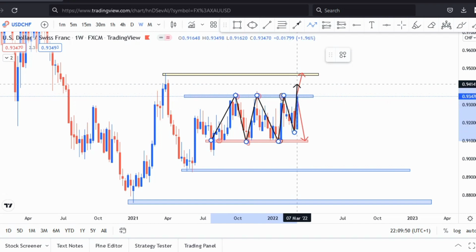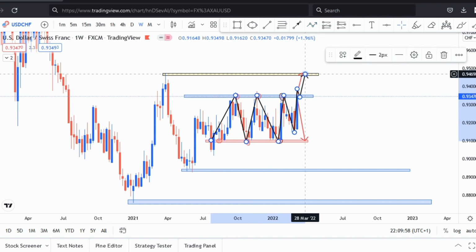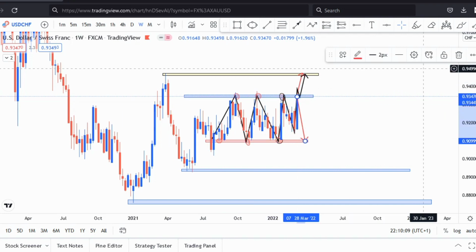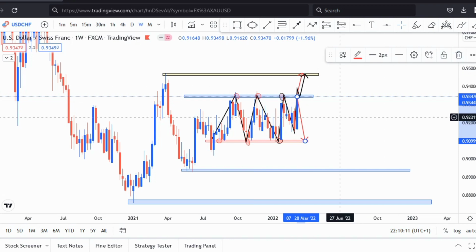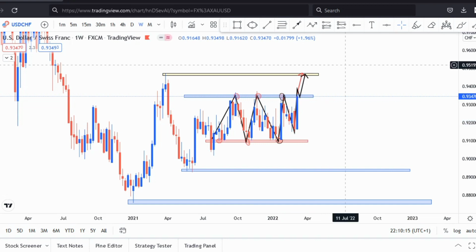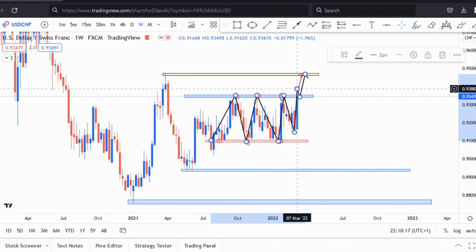So if this level breaks to the upside, then we'll be looking for a retest. And if price gives us a bullish opportunity, then we'll be taking our trades to the upside there. But if price gives us a bearish signal here on a 4 hour time frame, then we'll be looking to sell all the way to the downside. And when that happens, you will see like a double top pattern as well. So that's what we're looking at for